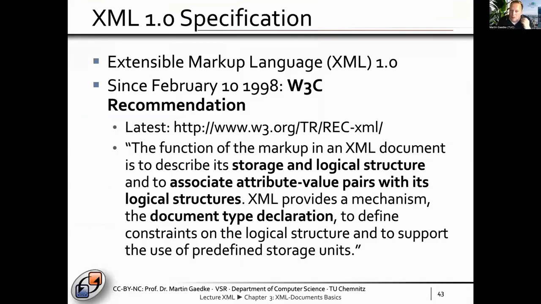So the XML 1.0 specification is a W3C recommendation from the late 90s. And from my point of view, it's a must to take a look into it, even though it's probably really, really challenging in the early beginning to read about this specification and the details. But as I said, you need to have some training on reading these kinds of specifications. So take some time,